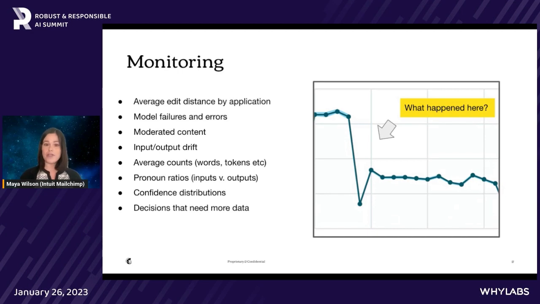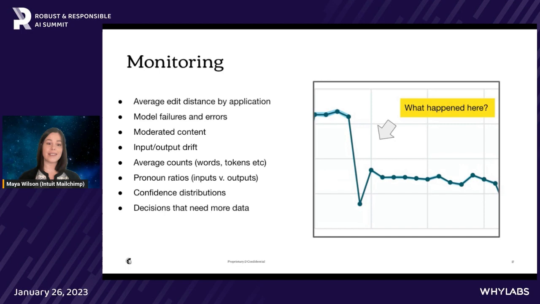Input and output drift, critically important here. If our models and the way that we're using them are expecting a set block of text, and all of a sudden it starts getting bigger blocks of text or smaller blocks of text, that's probably going to make your user experience deteriorate. So understanding things like how big the sentences are that you get back and how big the sentences are that you put in can indicate if something has changed for the worse.